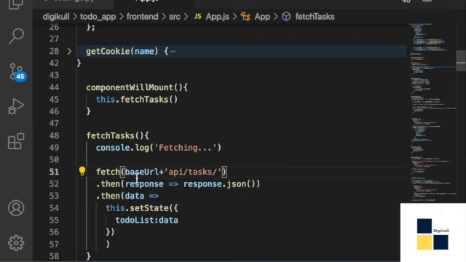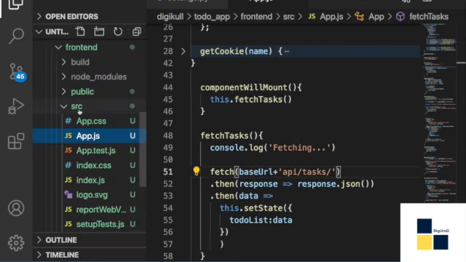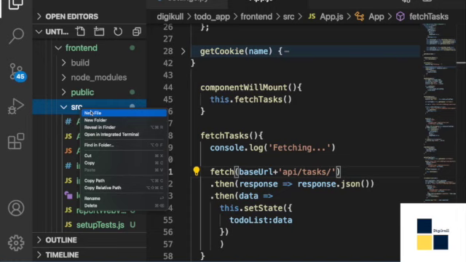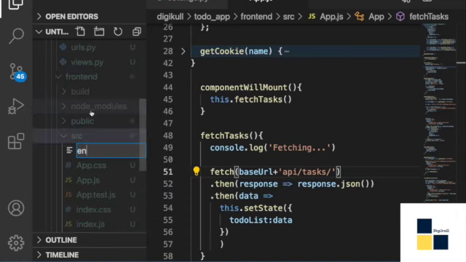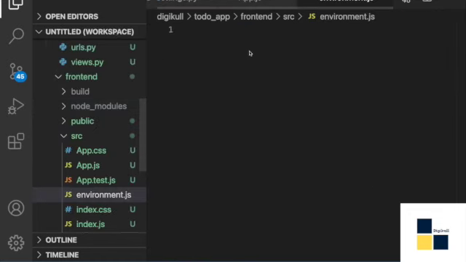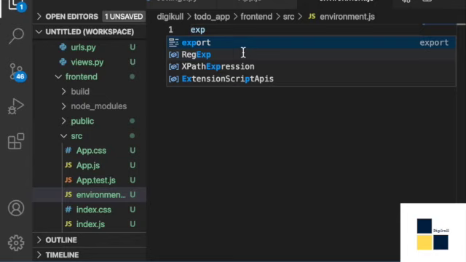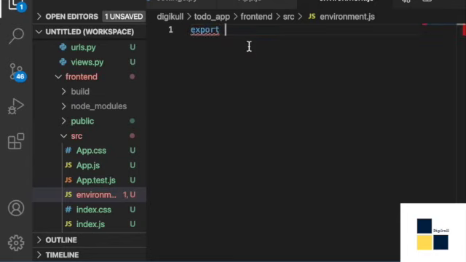This base URL you can import from a file. You can create a new file called environment.js, and inside that you can export base URL as this thing.